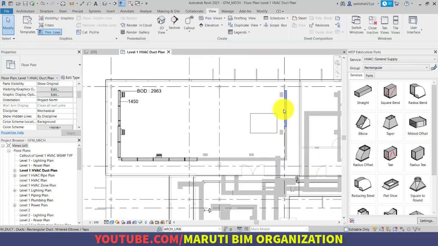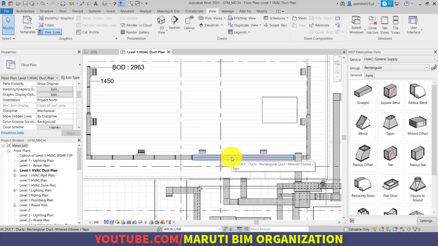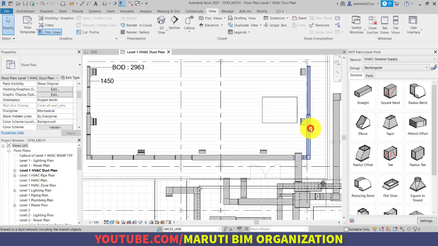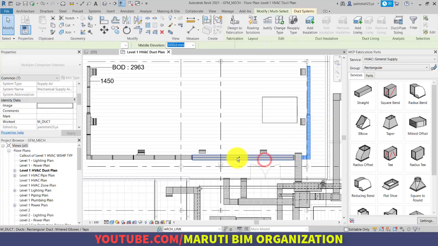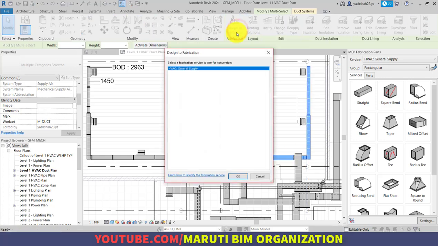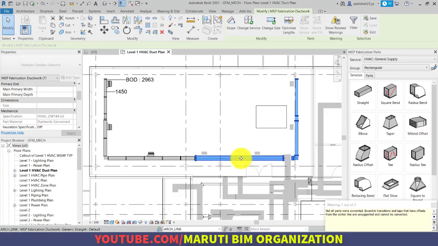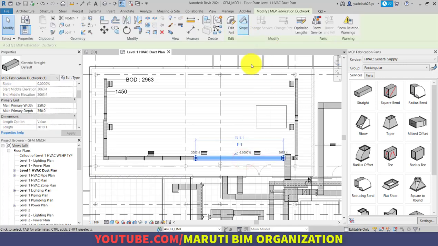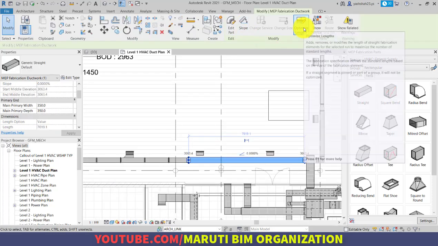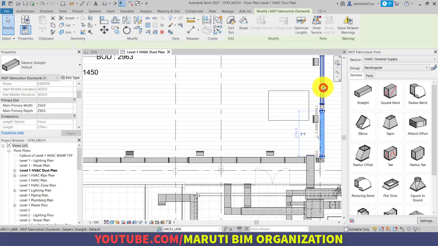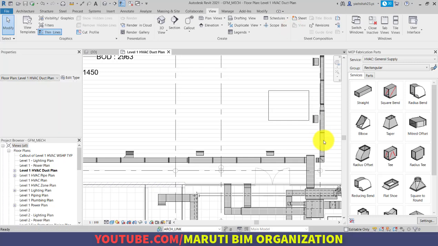First of all, I will move the mouse here and tab, or simply I can click on this, or tab here and control click on this duct, and directly change design to fabrication. Selecting this duct, optimize its length, selecting this and this, optimize the length as well.